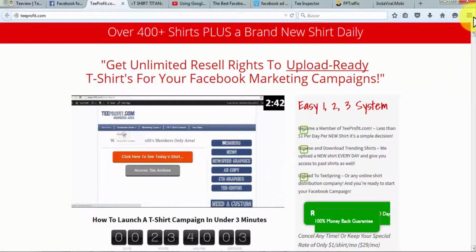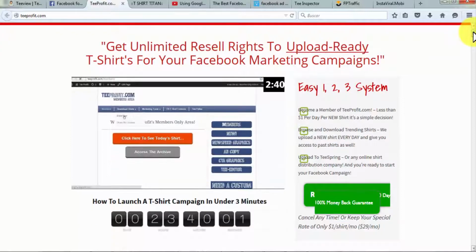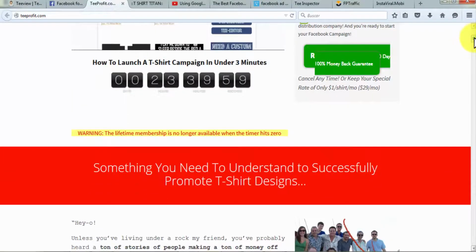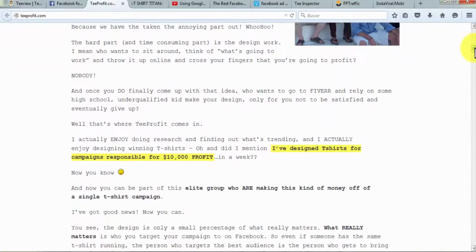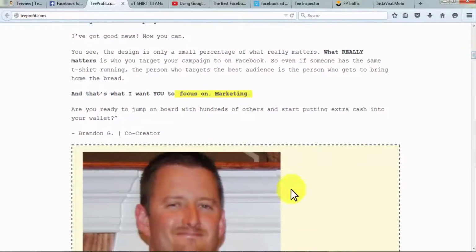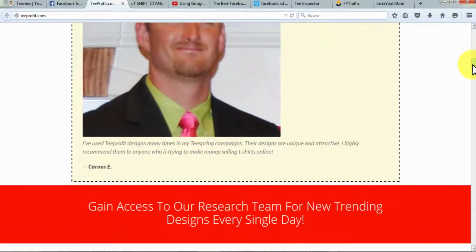3. T-Profit. T-Profit allows you to create your own t-shirt campaign within 3 minutes. You can begin your t-shirt campaign by paying less than $1 a day. Look around, and you can download a new shirt every day at a low price and upload that to your